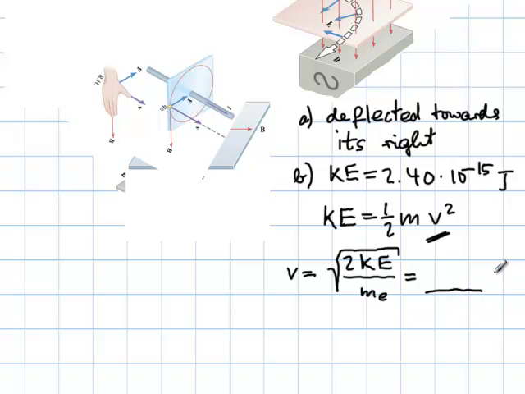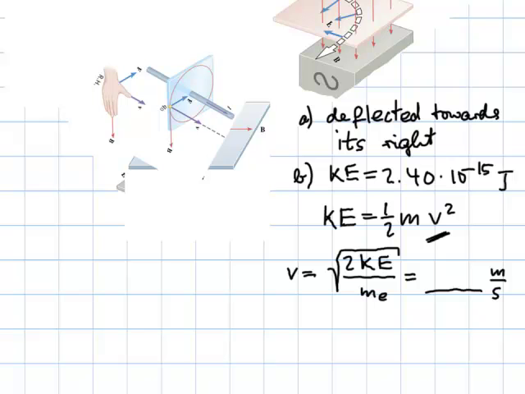When you plug that into the calculator, these are all standard units, so it will come out to meters per second. Square root of 2 times 2.40 times 10 to the negative 15 divided by the mass of the electron, and that one is 9.1 times 10 to the negative 31,